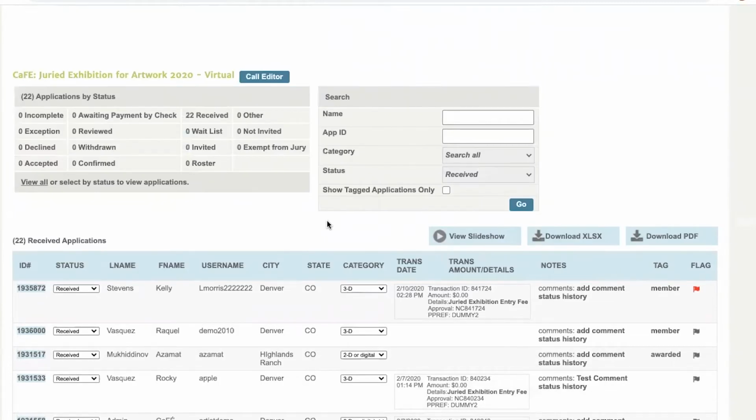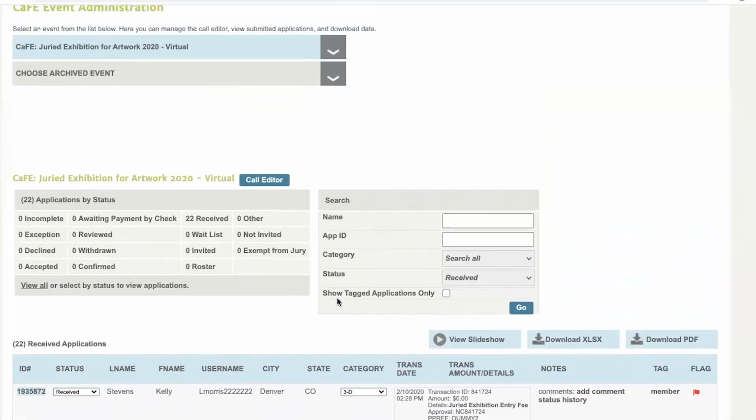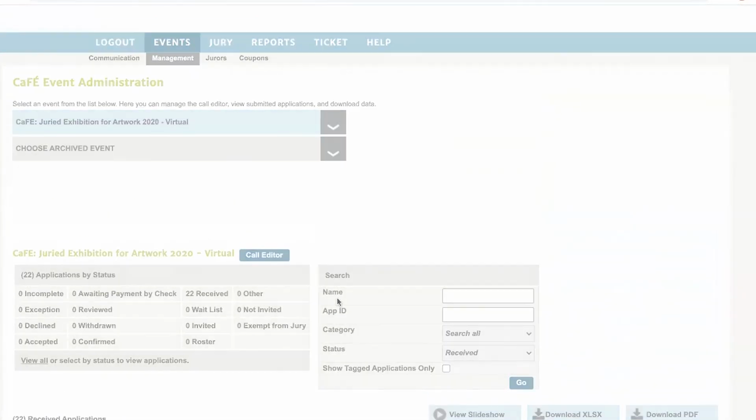Some folks have many artists that are asking to edit their application, in which case you'd put them in the incomplete status, or maybe the deadline has passed and they need to make a change, so you'd put them in the exception status. As you start to work with these different artists, it's important that you stay organized to figure out exactly why the application needs to be edited, things like that. So my tip to you is just to use those tools to stay organized.